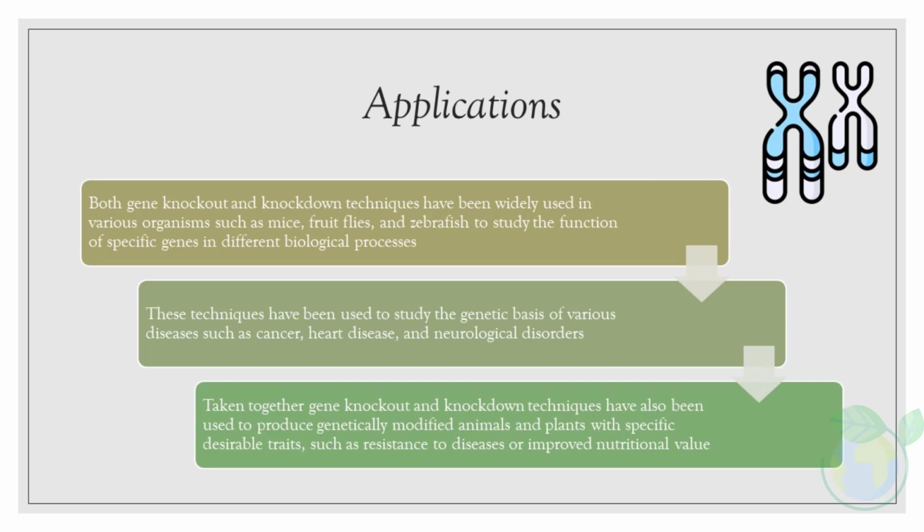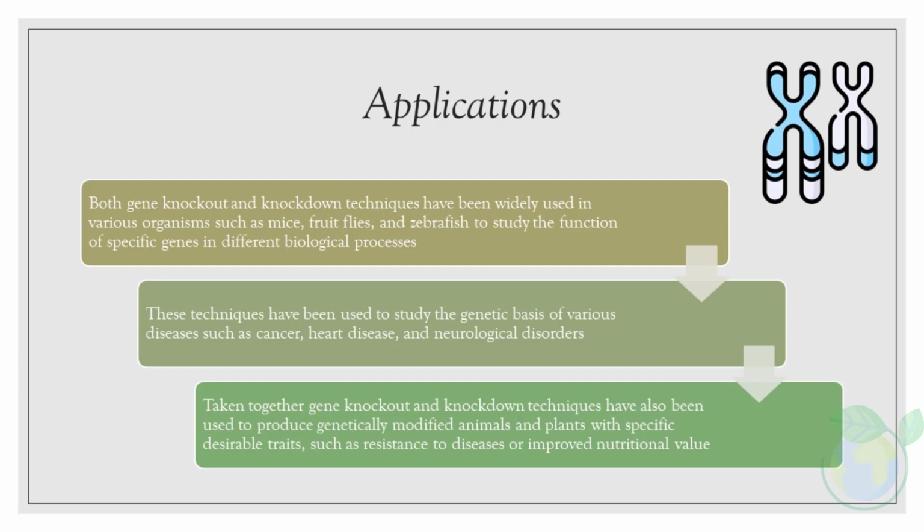Applications. Both gene knockout and knockdown techniques have been widely used in various organisms such as mice, fruit flies, and zebrafish to study the function of specific genes in different biological processes. These techniques have been used to study the genetic basis of various diseases such as cancer, heart disease, and neurological